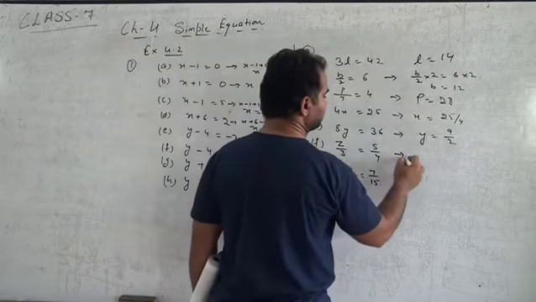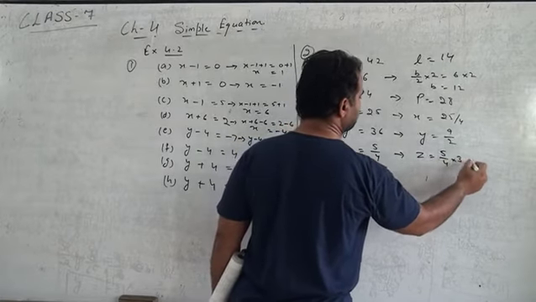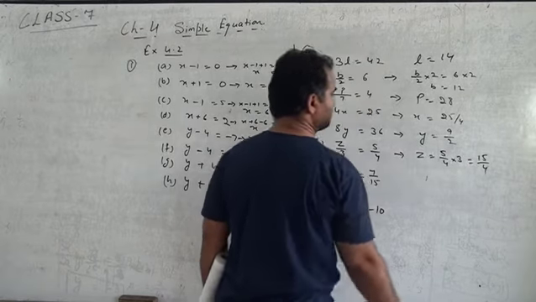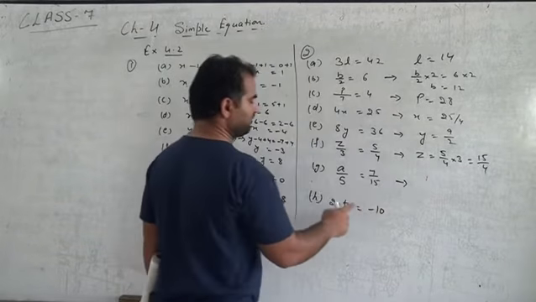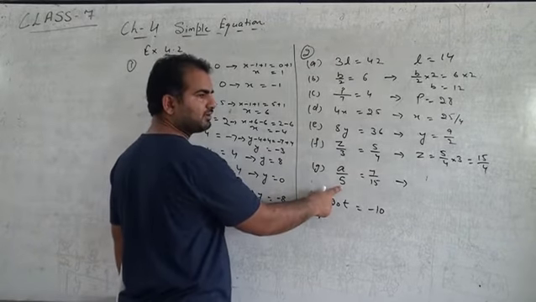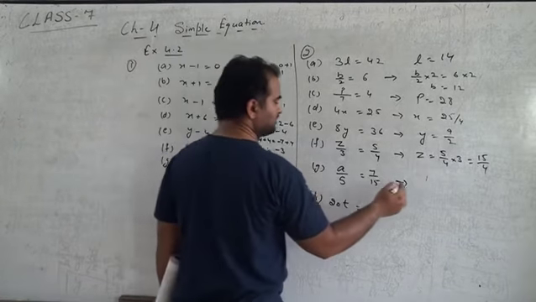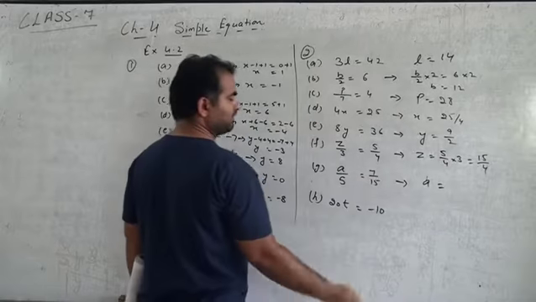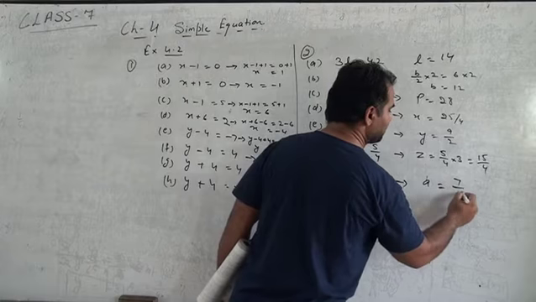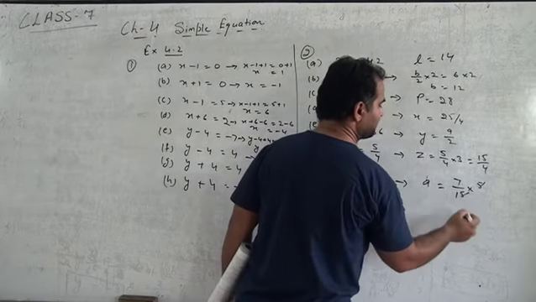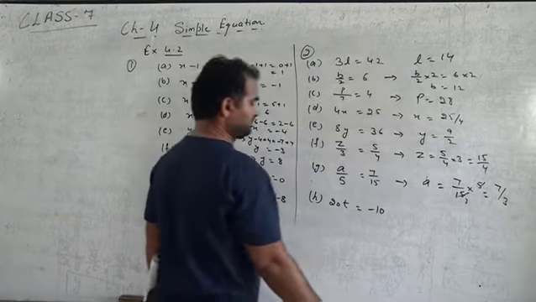So Z will be Z equals 5 upon 4 into 3. It will be 15 by 4. Okay. Question number G: we have 5 in the denominator, so we have to multiply the whole thing by 5. So A equals, this also should be multiplied by 5. So it will be 7 by 15 into 5. 5 and 15 should be cancelled. It will be 7 by 3, the final answer.